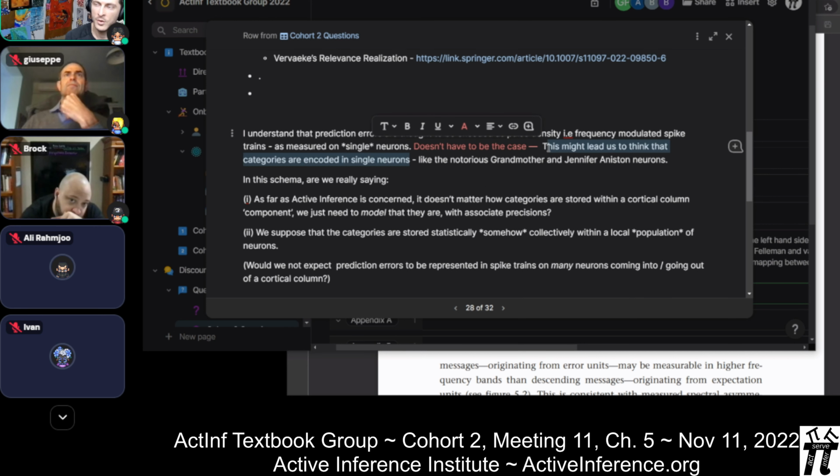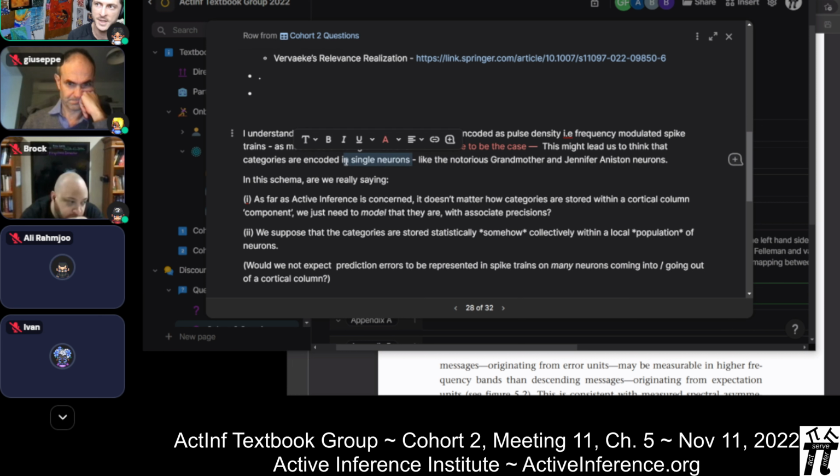Then, categories are encoded in single neurons. Well, if by that it is meant encoded by firing sensitivities in networks of neurons, then there is already more being taken into account. It's kind of like figure and ground. It's not like that neuron taken out of that network would still signal Jennifer Aniston. The semantics of a given category